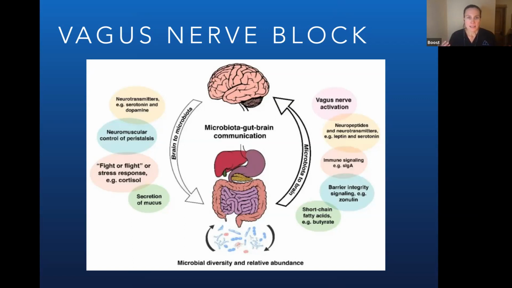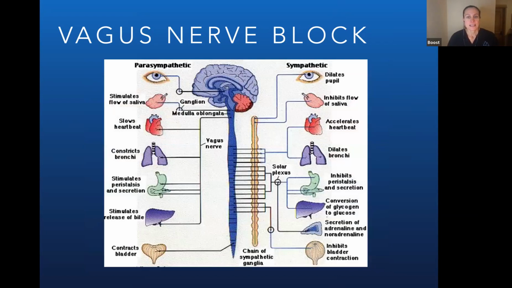And then when we look at the body as a whole, if you're having pain, if you are not healing well, if you're suffering from lots of infections, et cetera, it all comes back to the gut-brain axis. If we have inflammation in both of them, we're just not going to heal well. The vagus nerve is super important for this, and super important to send those signals to let us rest and digest and heal. And you can kind of see along this diagram all the different areas in which the